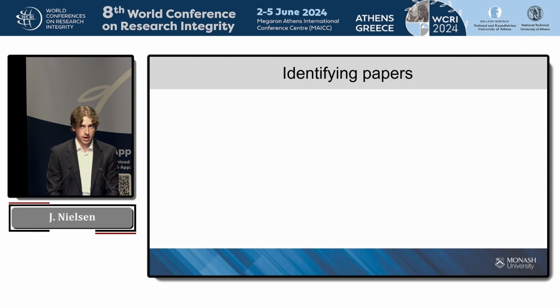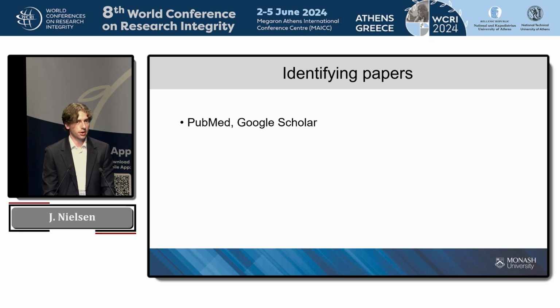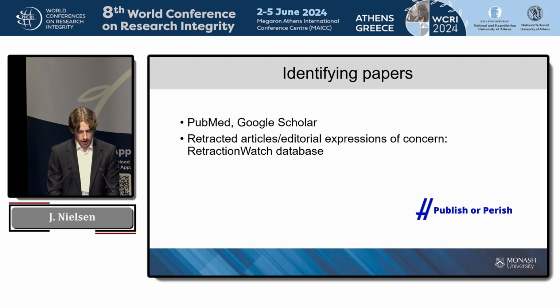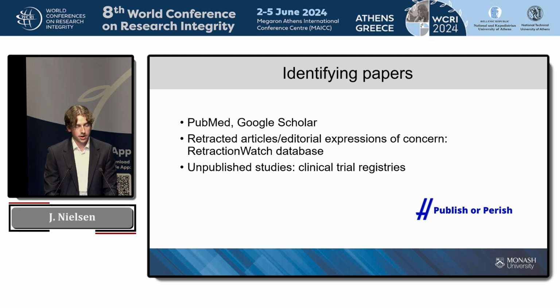So how do we identify papers? This is quite standard. We use PubMed and Google Scholar. PubMed indexes quite a large number of articles. Google Scholar is better at identifying articles that are not indexed in higher impact, so lower impact factor journals, local journals are often not indexed on PubMed. And we use the Publish or Perish app, which is quite convenient if you want to download the results of a Google Scholar search. You can then identify retracted articles, editorial expressions of concern in the Retraction Watch database,